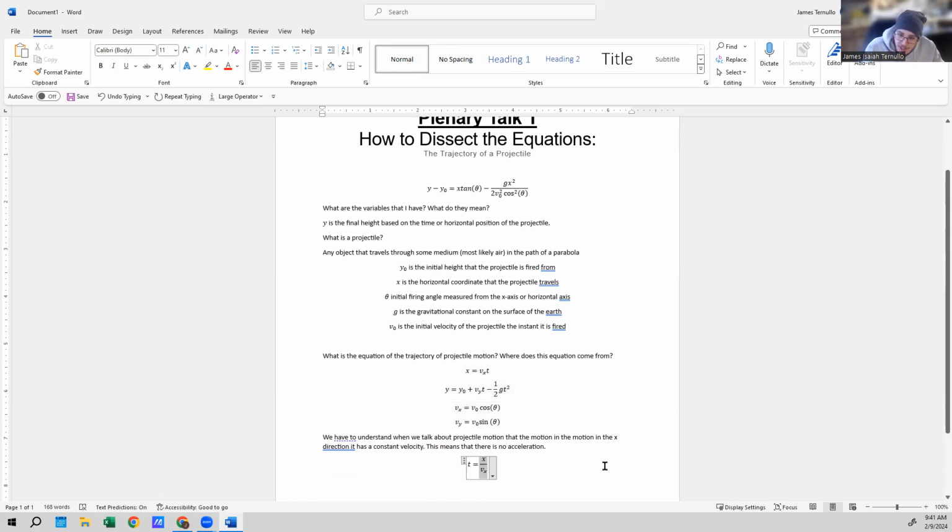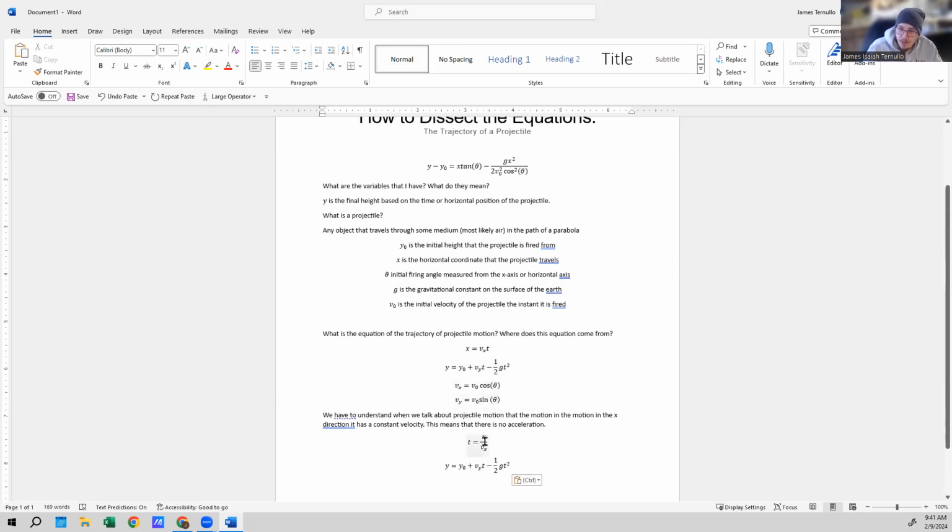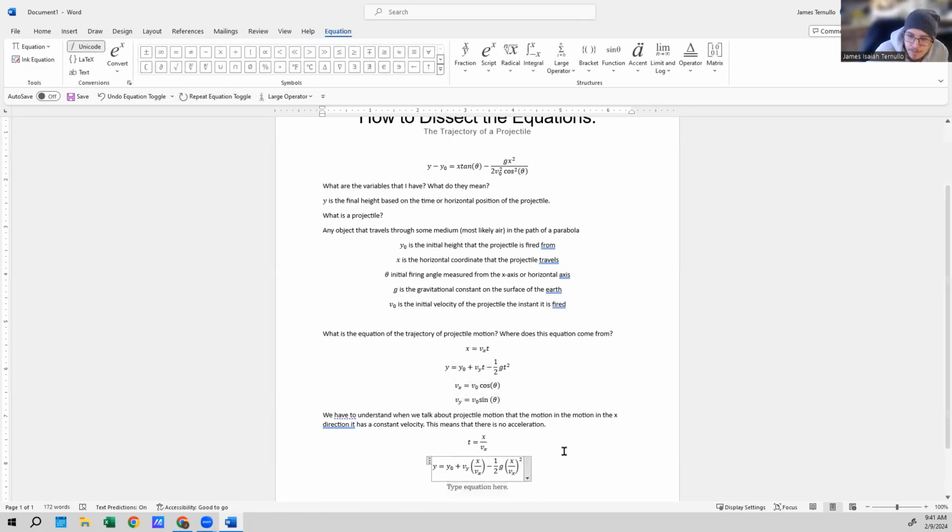So now that we have this definition of t, we can redefine this equation when we replace t. Okay? And so let's just go ahead and plug these values in as well. So when we do that, we're going to get